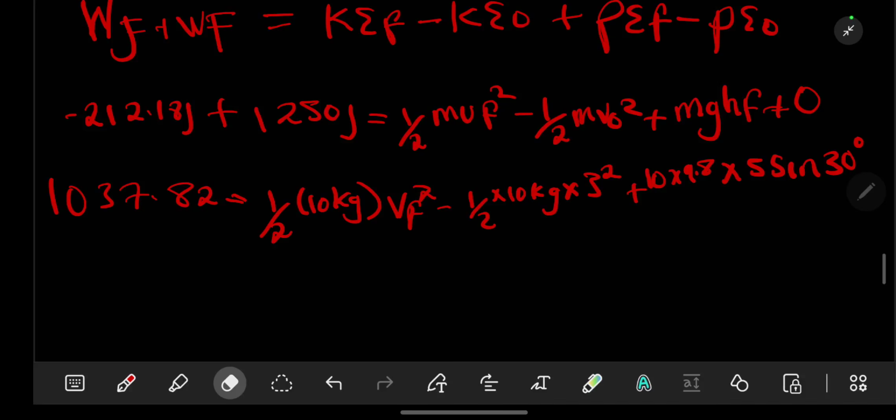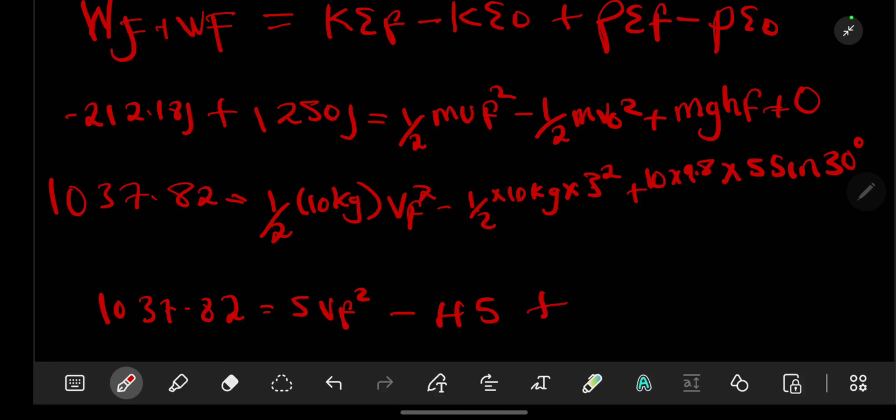So with that said, we are going to have 1037.82, which should be equal to half times 10 times 5 times v final squared, minus half times 10 times 9 squared. This gives us 0.5 times 10 times 9, and we have a 45 here. Then we are going to have plus 10 times 9.8 times 5 times sine of 30,